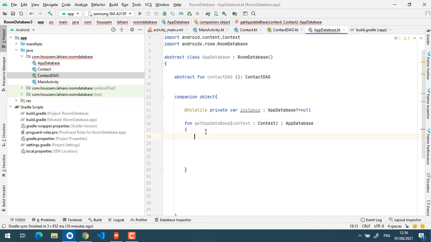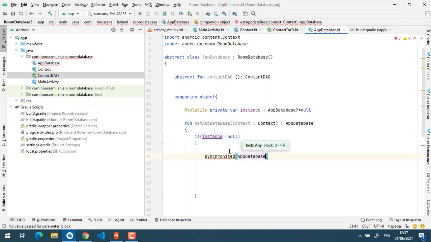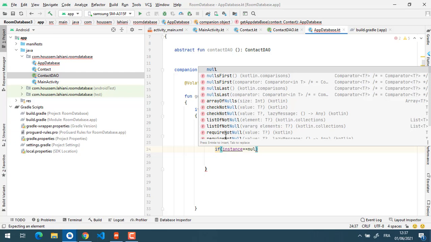And now, if this variable instance is null. So if instance equals null. So in this case, we'll use a block synchronized AppDatabase class. So here if instance equal null, in this case